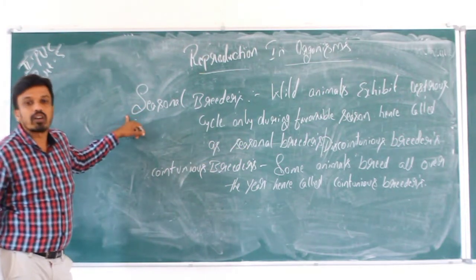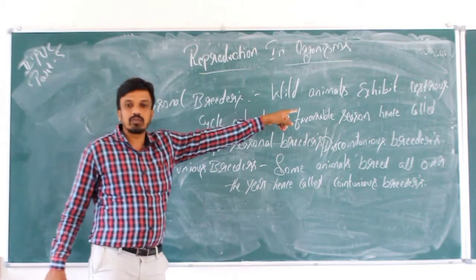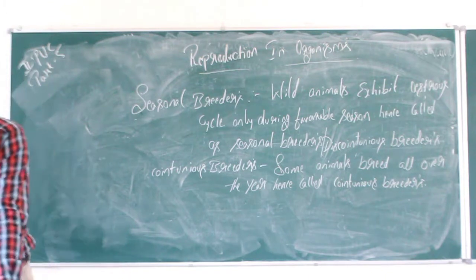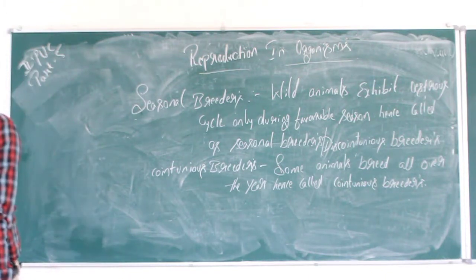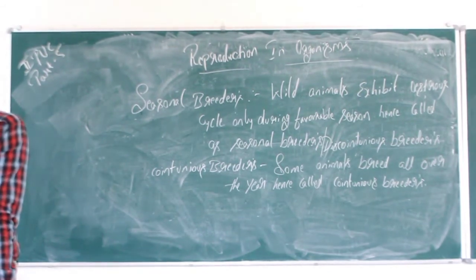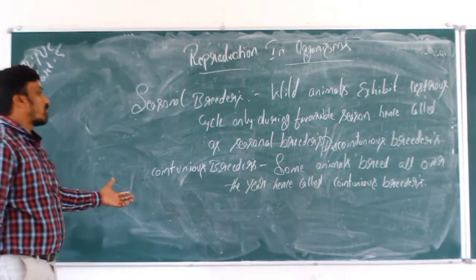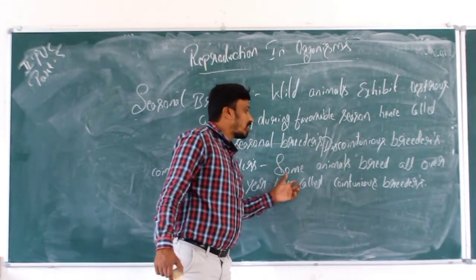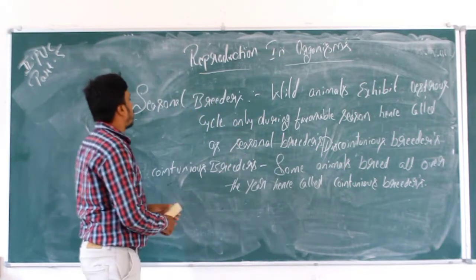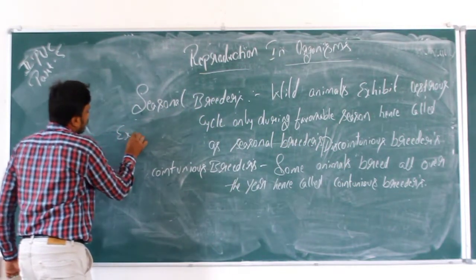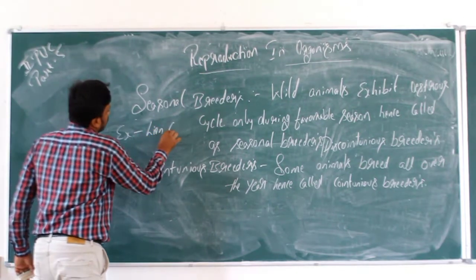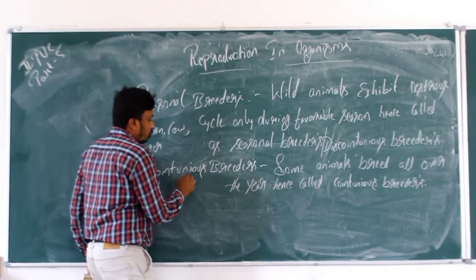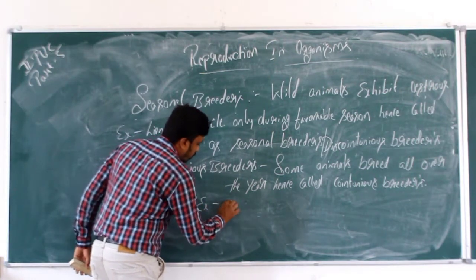Some of the organisms exhibit the estrous cycle only during the favorable season, hence they are called seasonal breeders or discontinuous breeders. Some of the animals breed all over the year, hence called continuous breeders. Examples for seasonal breeders are lion, cow, tiger, etc. For continuous breeders, examples are man,